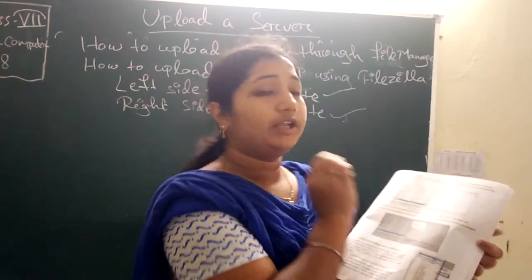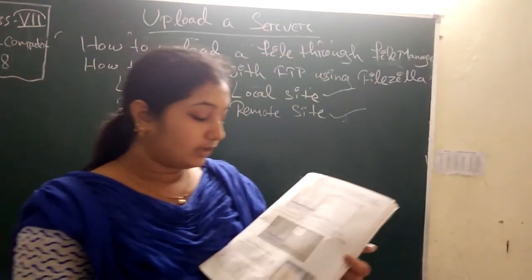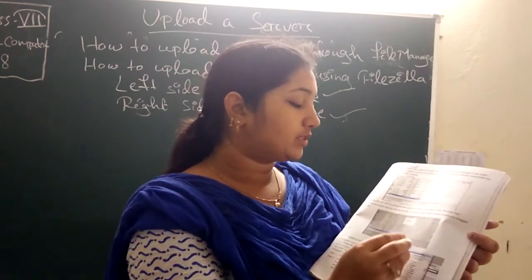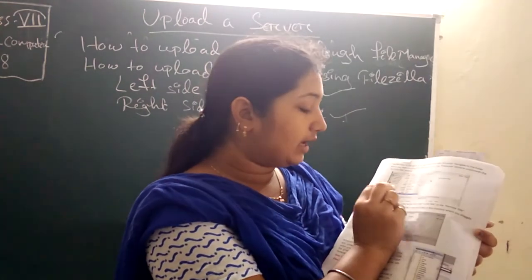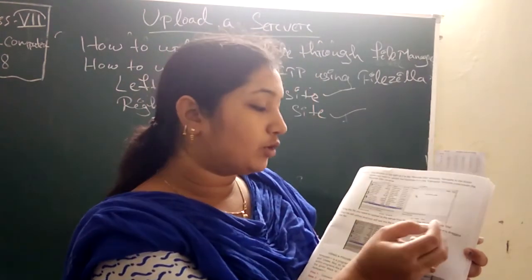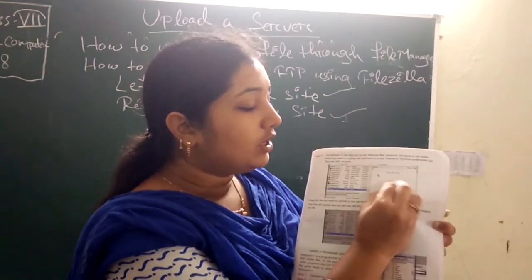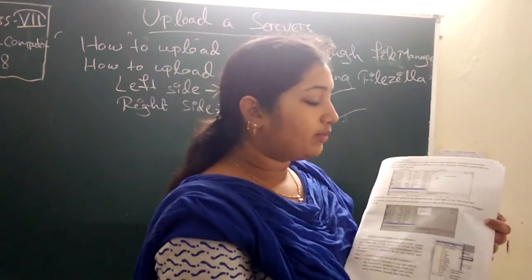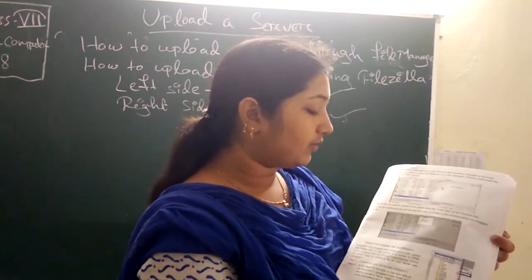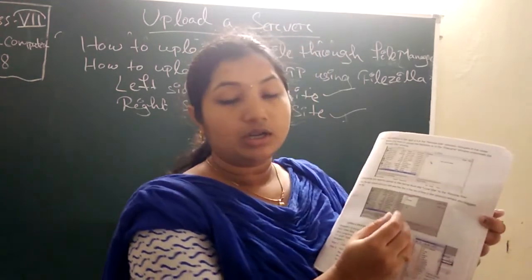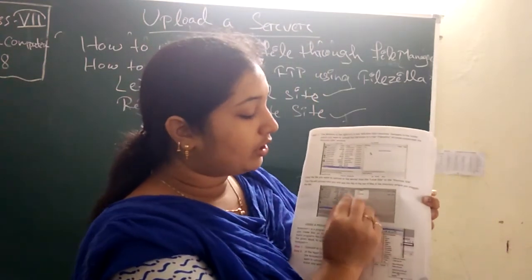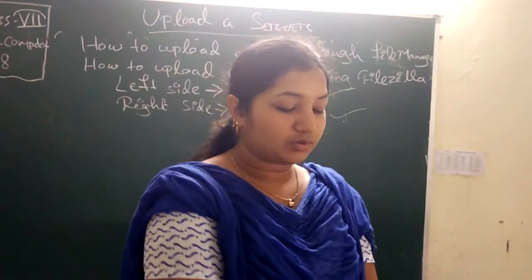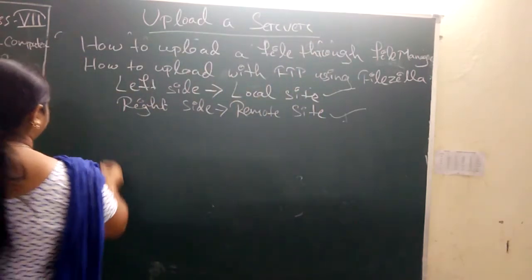Select in the remote site directory. After that, drag the file you want to upload to the server from the local site to the remote site. Here we have to drag the file from the local site to the remote site, means we have to drag this file to here. Next, the file will upload and you will see the file in the list of files in the directory where you dragged the file. You can see after it is successfully uploaded, the file comes to the remote site and you can see the file in our server. Next is using a program like Notepad++.